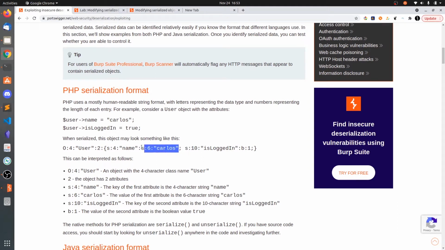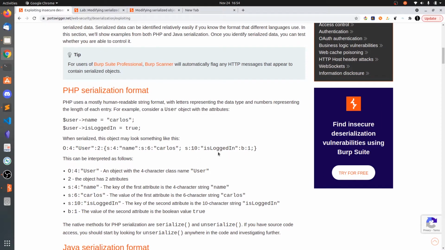Here you can see this is the first attribute, and the following one is the second attribute. The second attribute name is a string of length 10 characters, isLoggedIn. That is the name of the attribute, and the value of this one is b:1, so boolean 1, in the sense true.